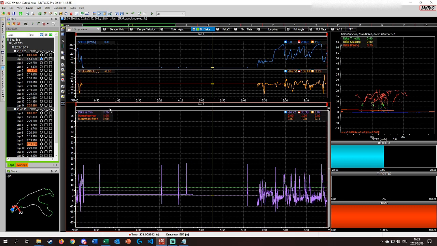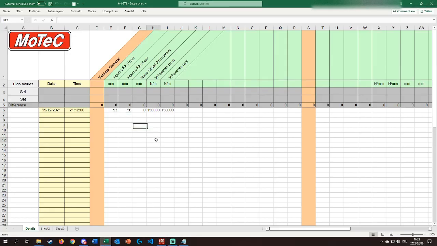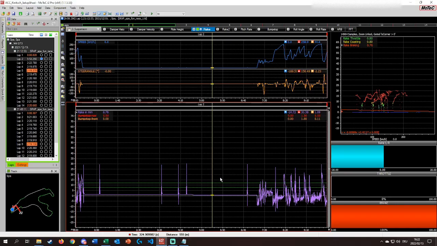To get from this value up to 3 millimeters, I have to add 2.24. And that's exactly the way we're gonna write it in here. So here, I think it takes the semicolon. Yeah, 2.24. Gonna put this in, and now I'm gonna save it, and I'm quickly jumping over to Motec,